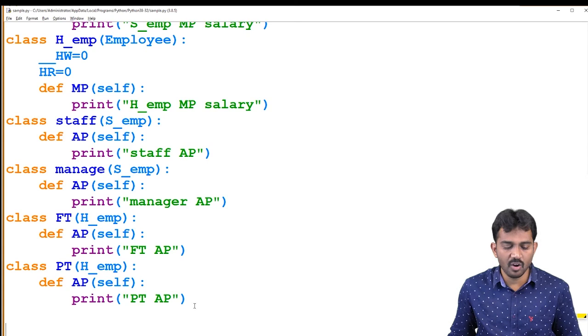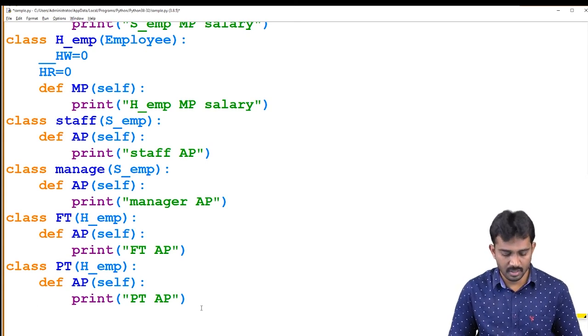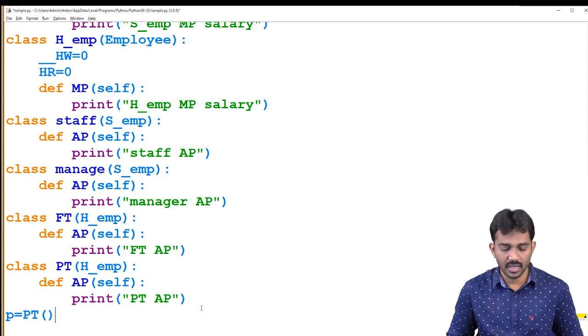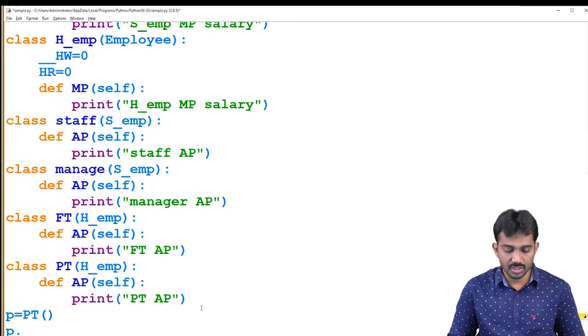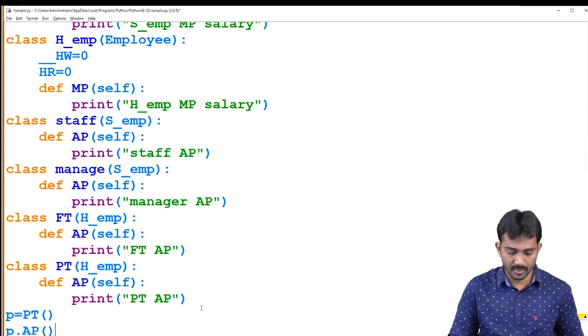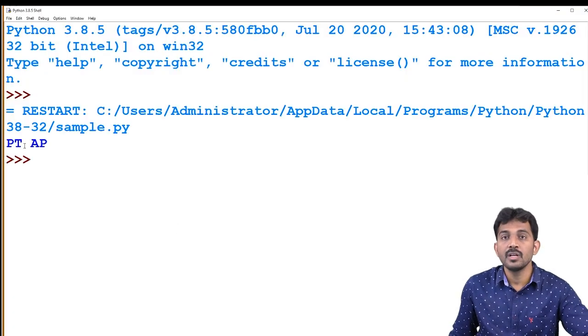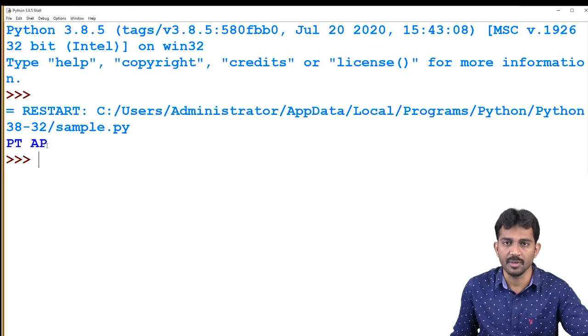And just create an object for the particular class. For example, part-time. P equal to PT. Right? P dot AP. Let us see. So part-time employee annual salary, annual pay, whatever it may be.